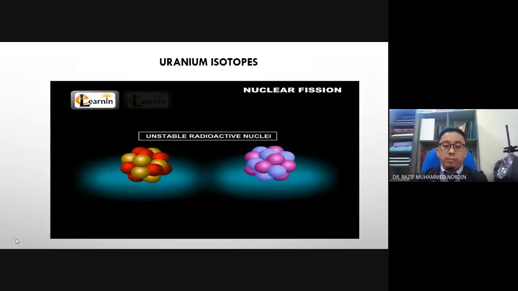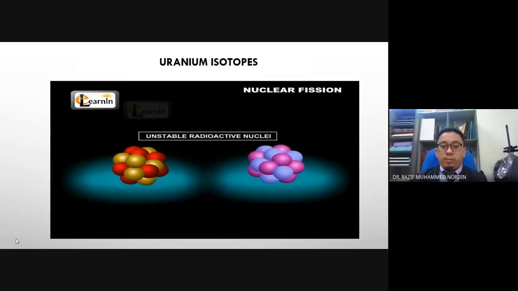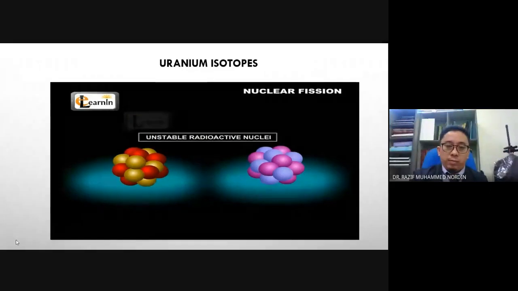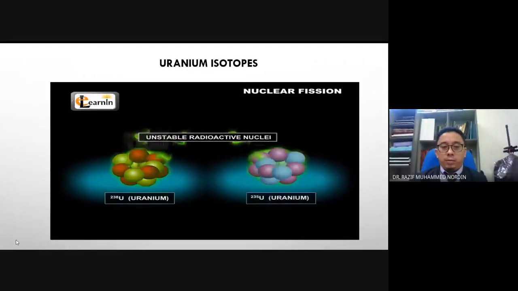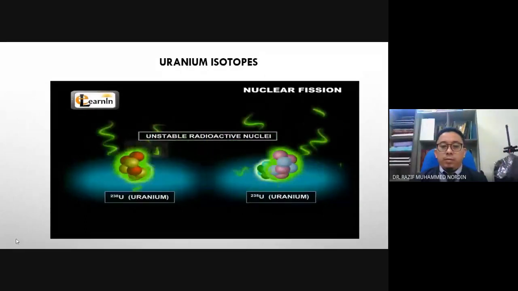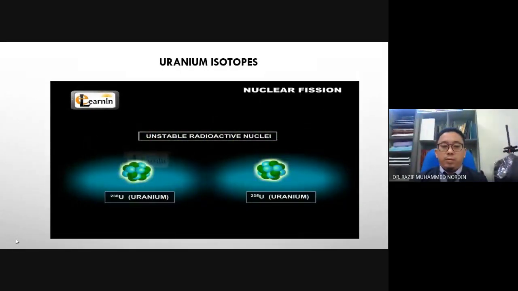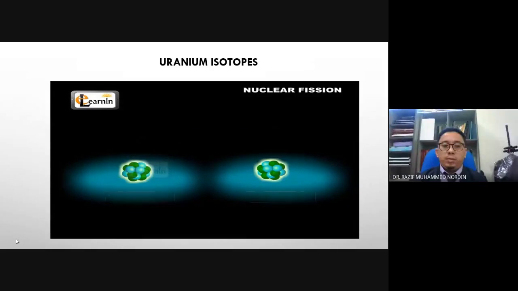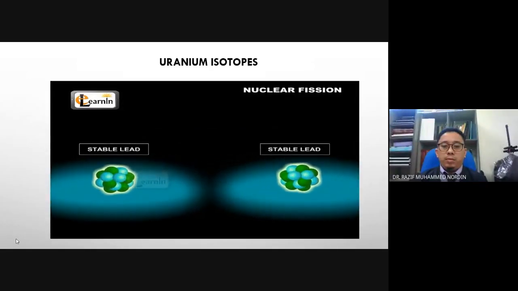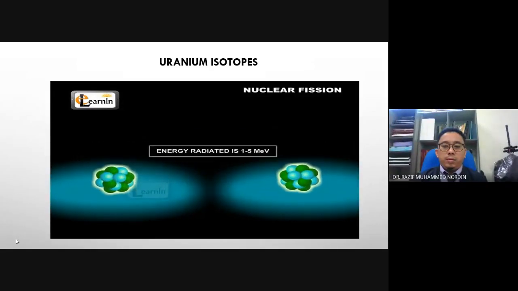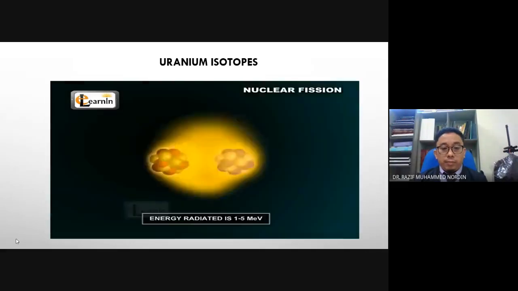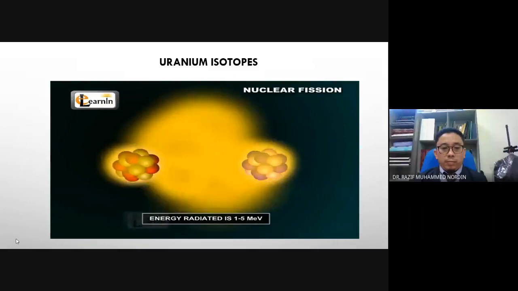Unstable radioactive nuclei, which occur naturally, sometimes emit strong radiation, especially in isotopes of uranium like uranium-238 or uranium-235. The disintegration converts the uranium isotope into stable lead, and in the process emits energy in the range of 1 to 5 mega electron volts. That's 1 to 5 million electron volts, and even higher amounts of energy can be released by breaking unstable nuclei